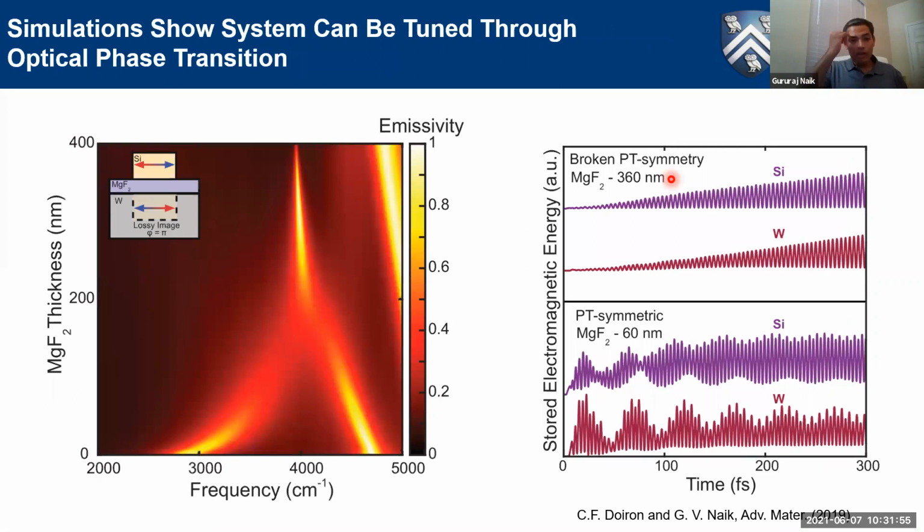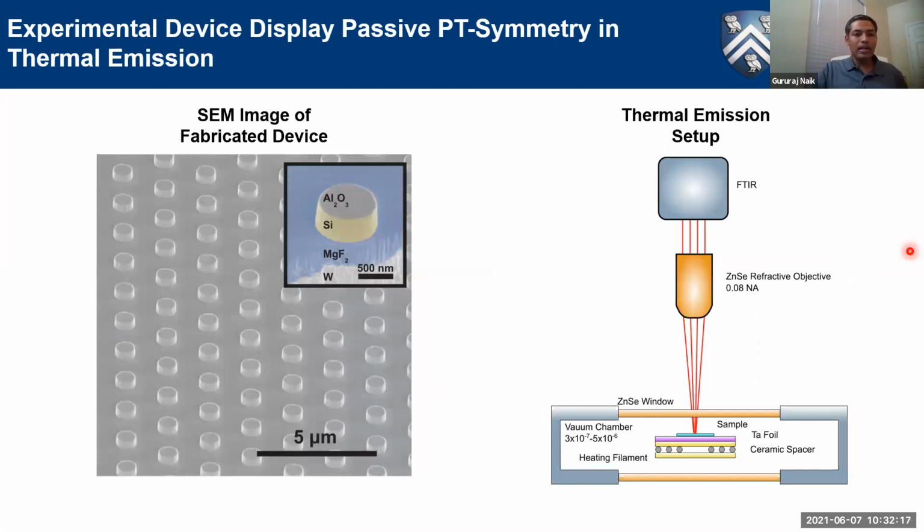We did full wave simulations of our system and saw very similar behavior: peak emissivity of 1, and continuously increasing Q factor. And then we saw that in the strong coupling regime, we have Rabi oscillations, but not in the weak coupling or PT broken regime, in which we have different dynamics. And we did build this device using standard nanofabrication, and then measured thermal emission while heating the sample at 700 degrees centigrade using an FTIR.